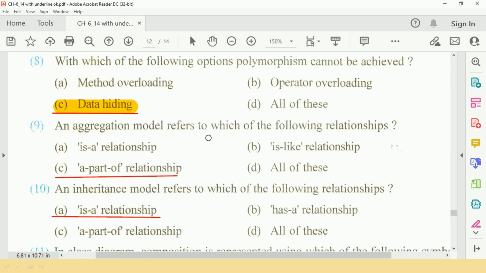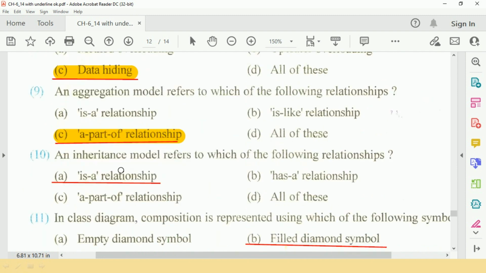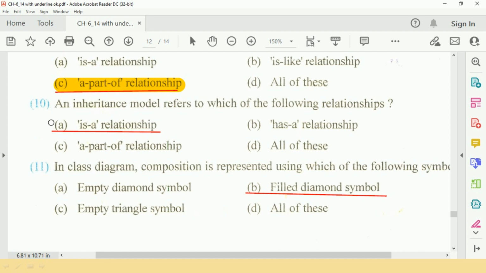The question number 9 is an aggregation model refers to which of the following relationships? Answer is C, a part of relationship. Question number 10 is an inheritance model refers to which of the following relationships?